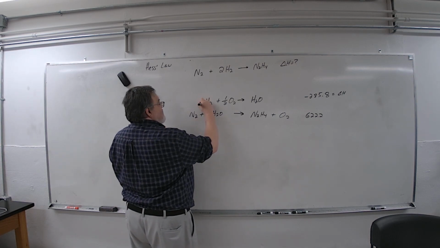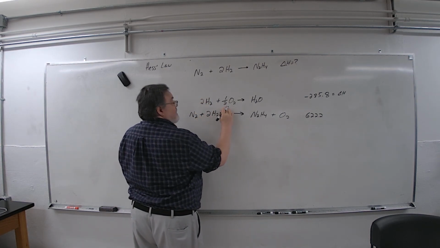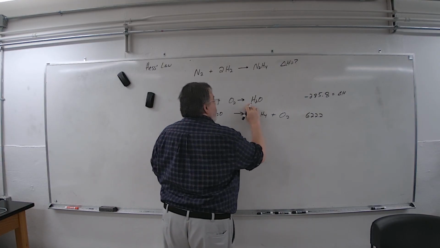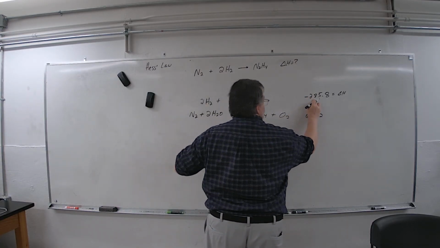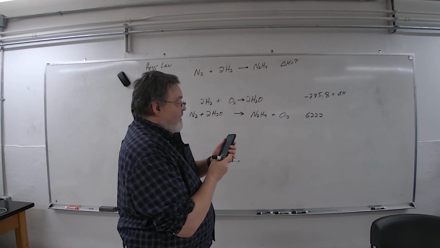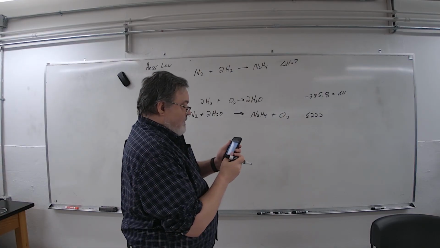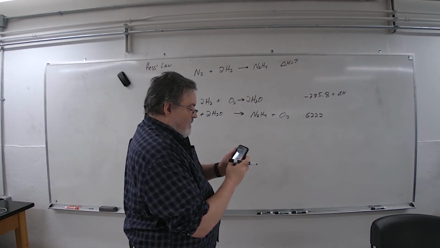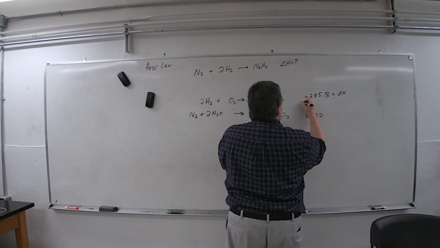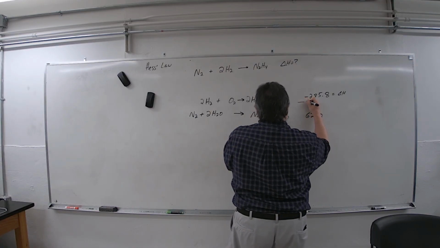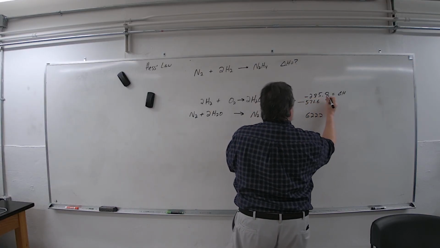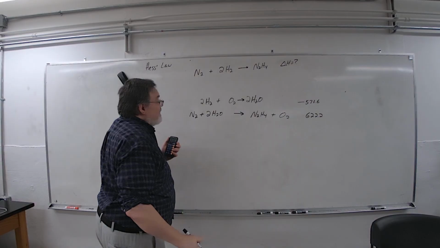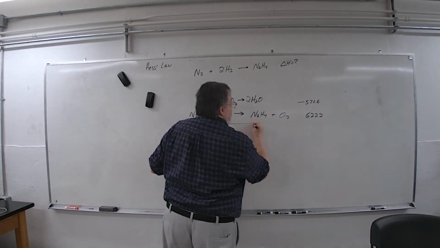So this times 2 is 2H2. This times 2, that's a 1/2. So multiply that by 2, it's just 1. Multiply that by 2, and now I'm going to multiply this by 2, 285.8. So now this is still negative, 571.6 for that equation. Right. And if I just bring everything down,